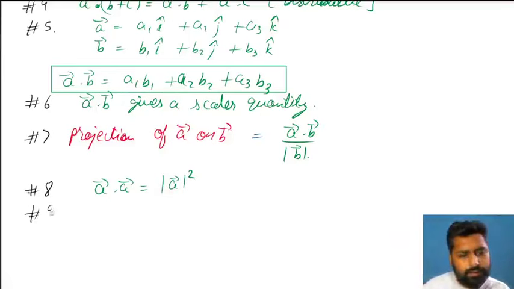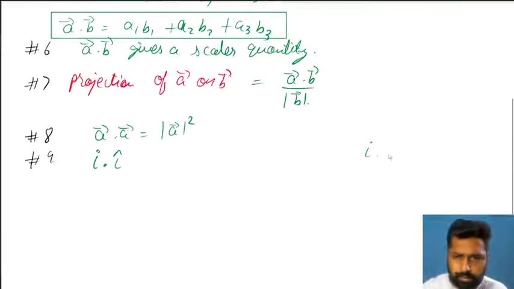Next, we'll talk about i dot i. Let's first understand. If I do i cap dot i cap, basically it's a vector along the x-axis. This is also a vector along the x-axis. So both have the magnitude 1. So magnitude of i cap